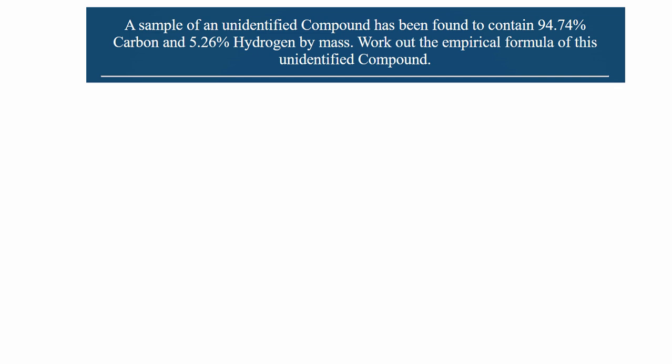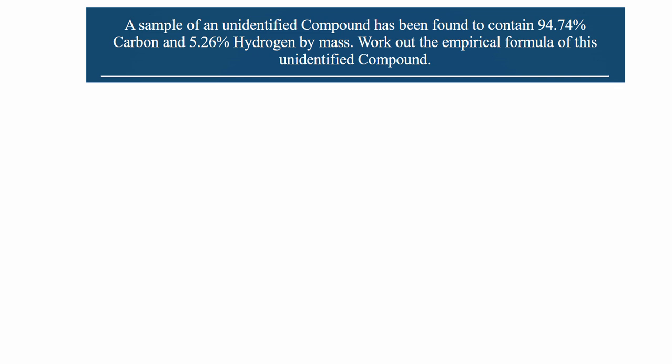Okay, so here we've got an unidentified compound. We've been told it contains carbon and hydrogen. And we've been asked to figure out, well, what's the empirical formula of this compound? So how am I going to approach this? Well,